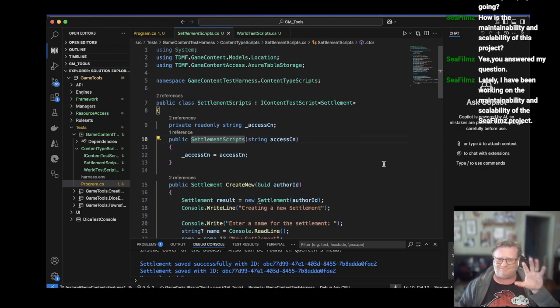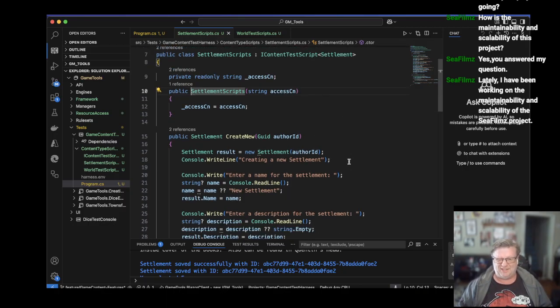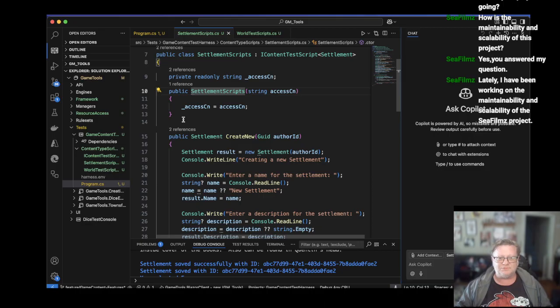Super easy, super silly. I don't care. The code is not really great modular or anything like that. This is a console app for me to test the actual components I'm building. So what I'm going to do is vibe code this thing to completion, and I'm going to say